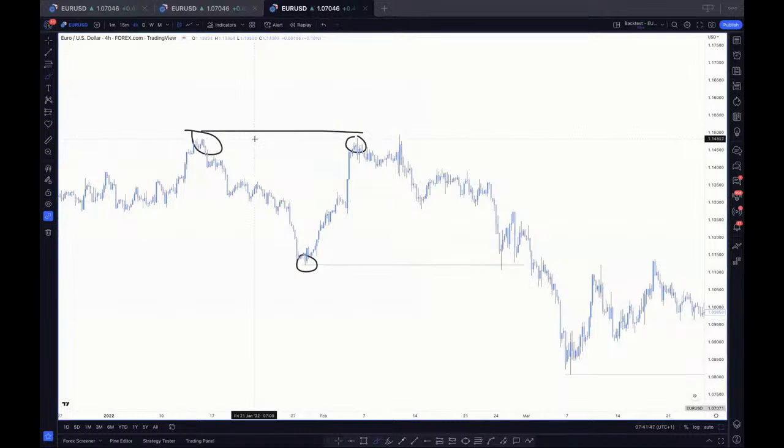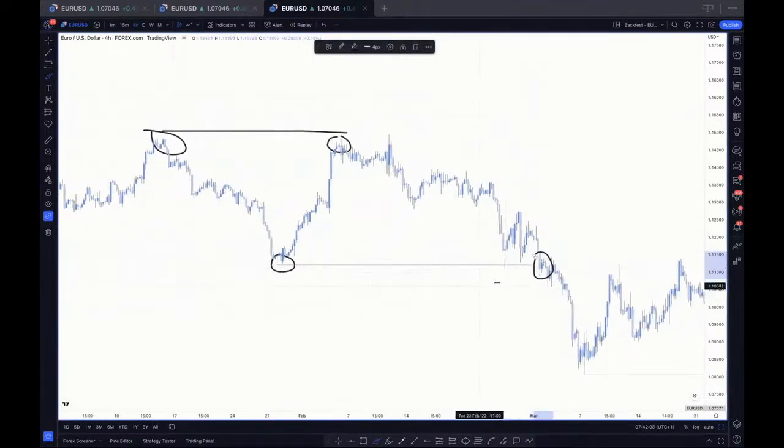So this just tells us that the market failed to make a new high, and then rejected that high, and then decided to move downward, and then it came down here and broke structure here. At this point, we now had a new break of structure here by the body now, right? Here was break of structure by the wick, but you could see because it was by the wick,